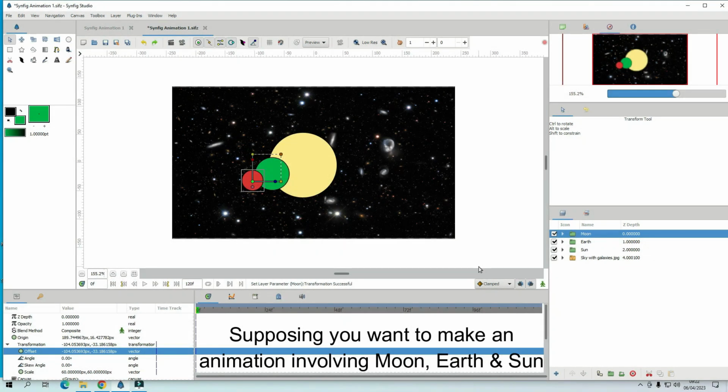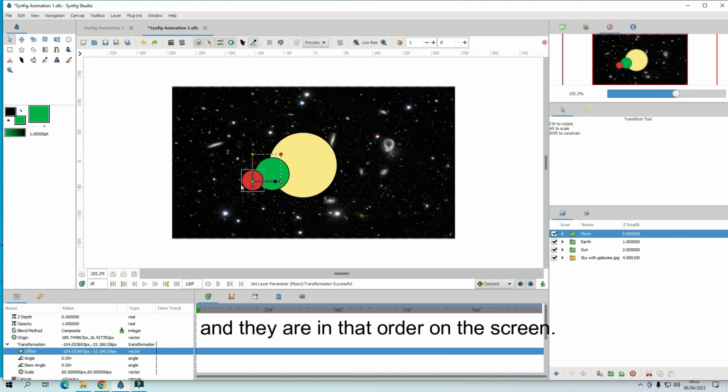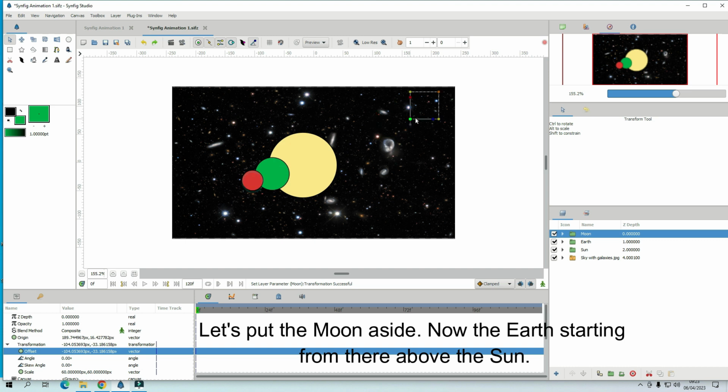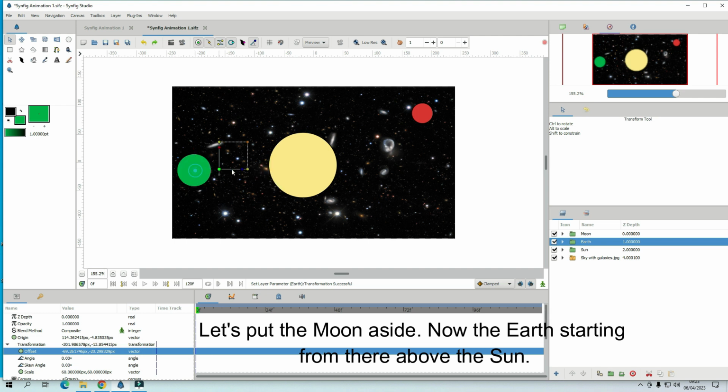Hello again. Supposing you want to make an animation involving moon, earth and the sun, and they are in that order on the screen. Supposing you want to make the earth orbit the sun. Let's see how you do it. Put the moon aside. Now if you take the earth, starting from there, go this way above